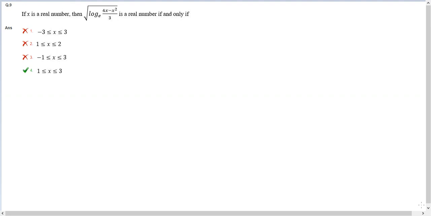Let's look at this question. If x is a real number, then the square root of log e of the given expression is a real number if and only if... Now see, when this question had come in the exam,